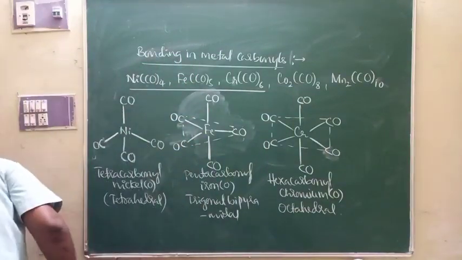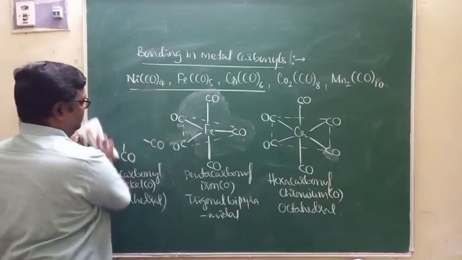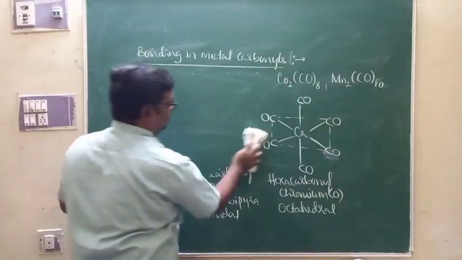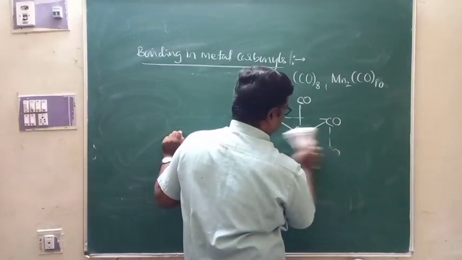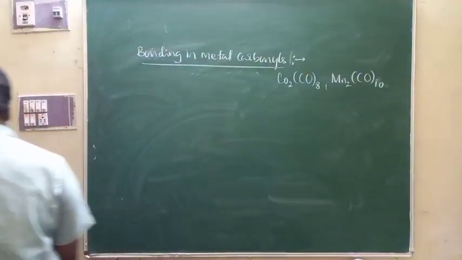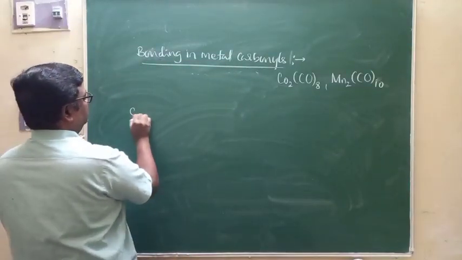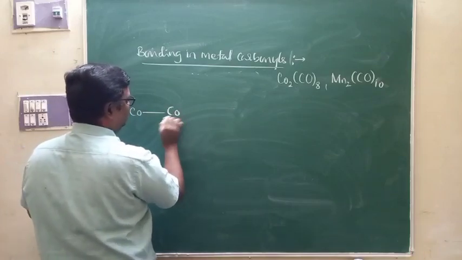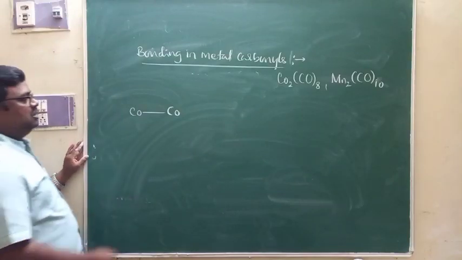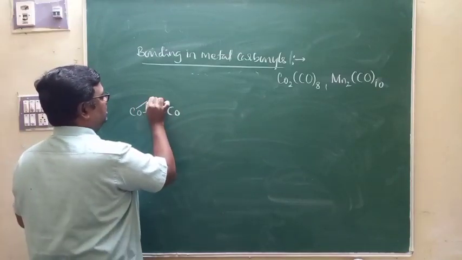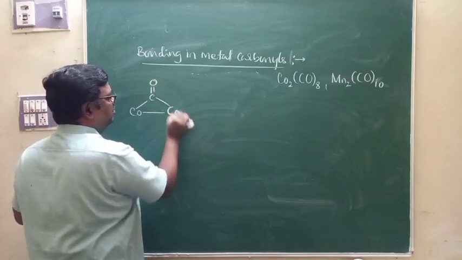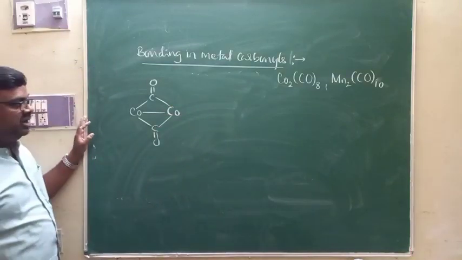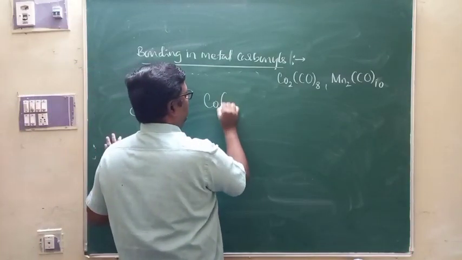As far as the 4th one is concerned, we'll see octacarbonyl dicobalt(0). In the case of that particular complex, there is a direct linkage between the 2 cobalt atoms. The 2 cobalt atoms are also linked through 2 carbon monoxide bridges. Make out the difference between cobalt and carbon monoxide.